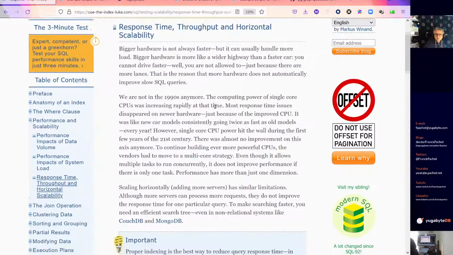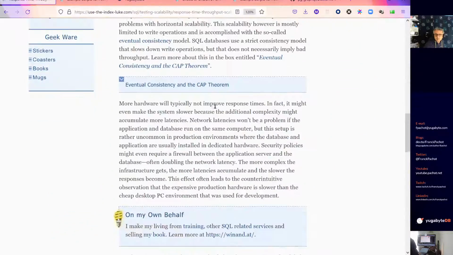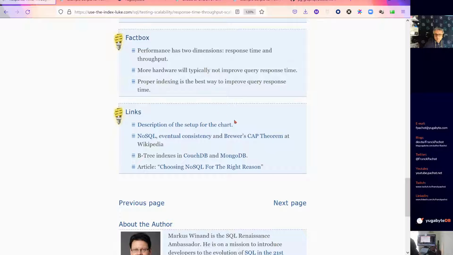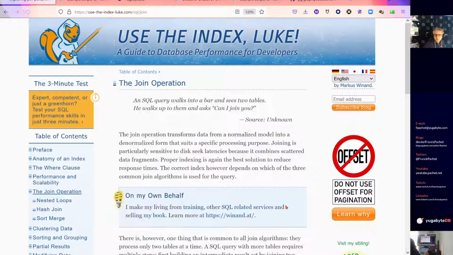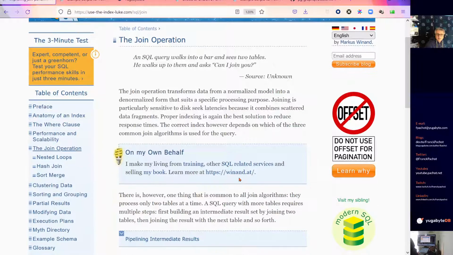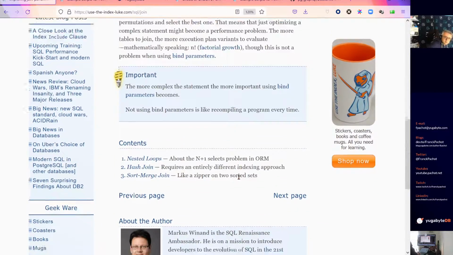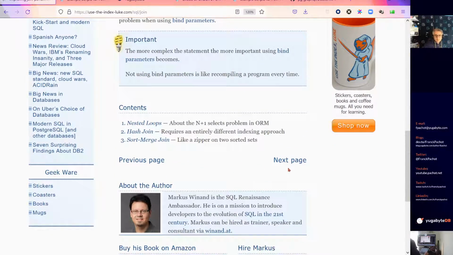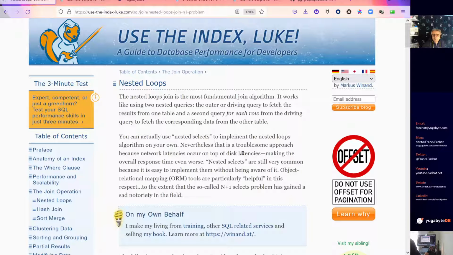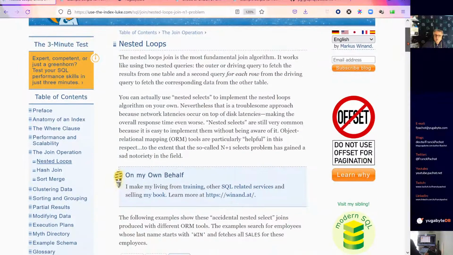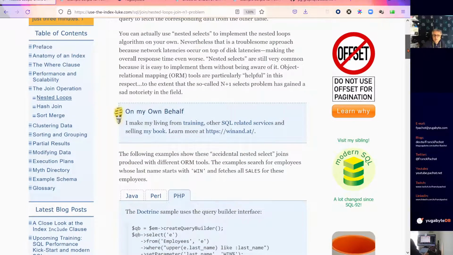Okay, response time, throughput. I will not go there for the moment on this. And then there are chapters about join operations. This is very important, but I will probably look at that later. And by later, I mean after a few releases of Yugabyte. And the reason is that